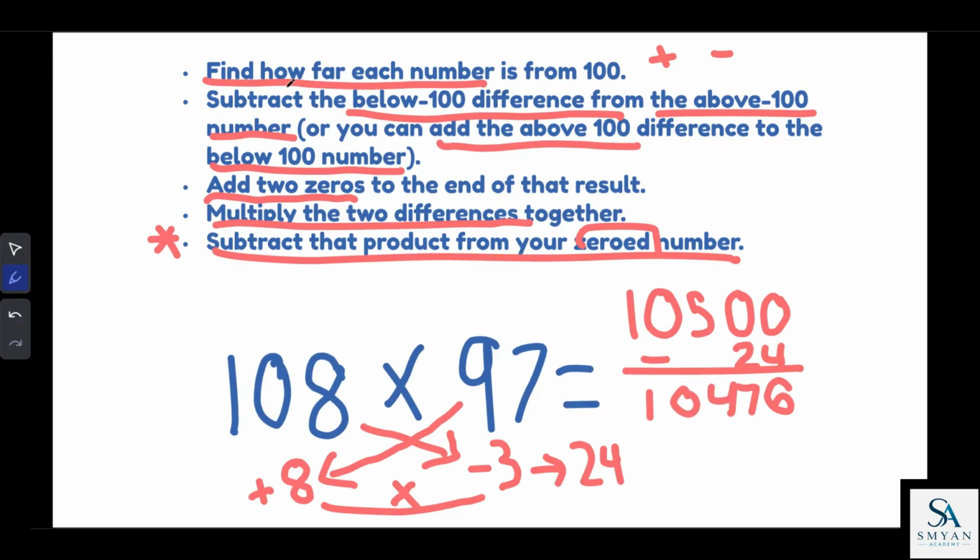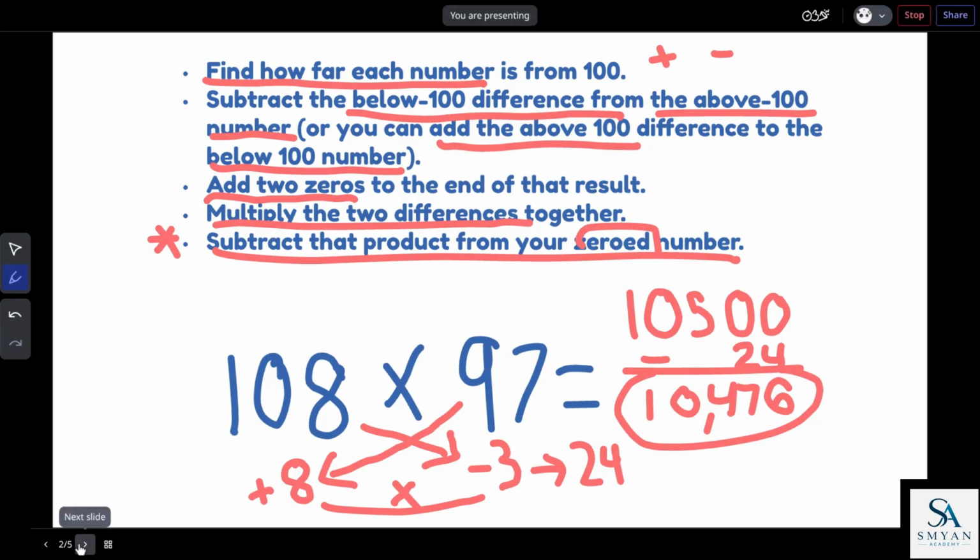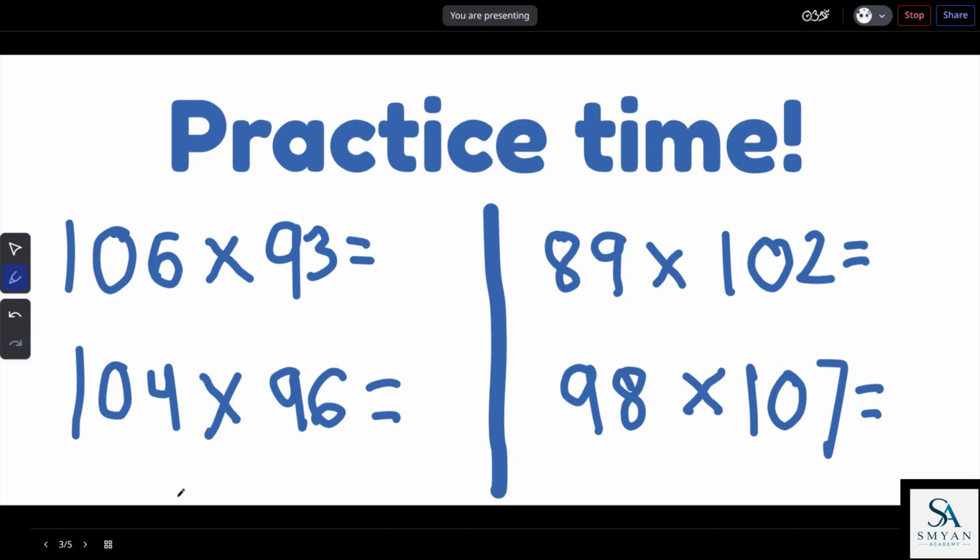Your answer should be 10,476. Circle that. Done. That's how simple this trick is. It might be a little complicated at the start, but hopefully you can nail these practice problems we're about to head into. Alright, time for practice. Pause the video and try these questions by yourself. Okay, hopefully you've done that. Now let's